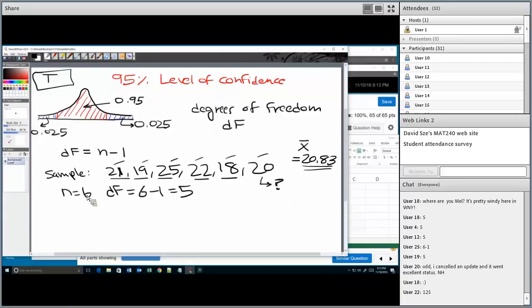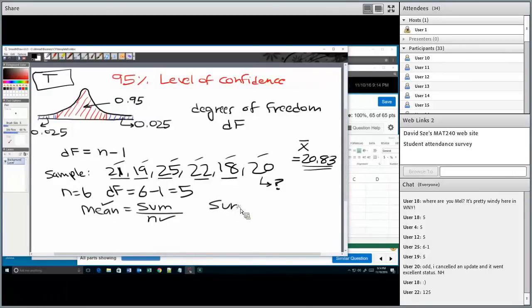So if your n is 6, you can vary 5 of these to find the 6th value if you're given the mean. Essentially, you just work backwards. For example, if my mean is 20.83, the mean equals the sum of the values divided by n. If the mean is known and you know your n is 6 and the mean is 20.83,